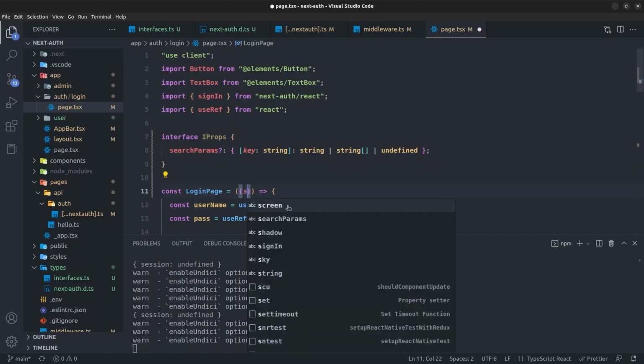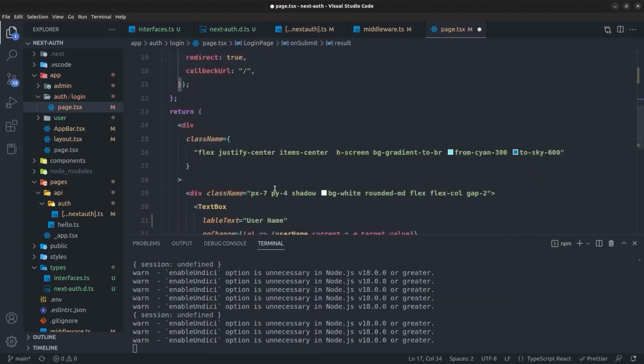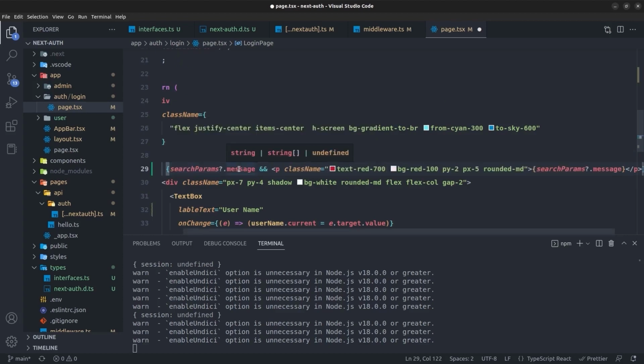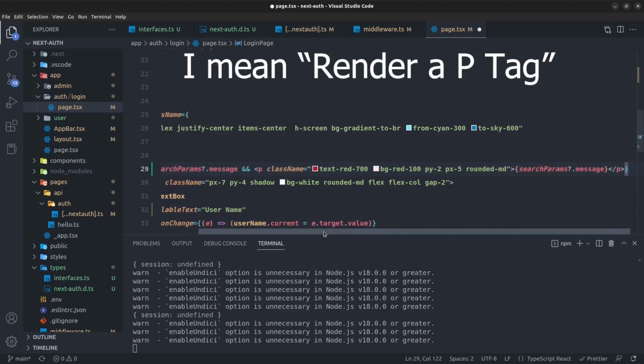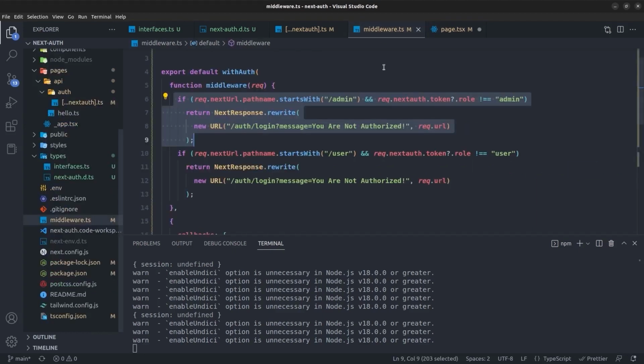So here we destructure the searchParams from the props of the login page, and then here in the JSX I'm going to say if the searchParams.message exists, then render a paragraph for us which contains the searchParams.message. If you want to know from where this message comes in, go to the middleware, and here you can